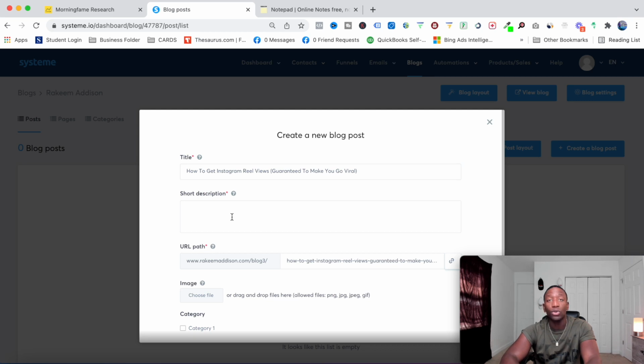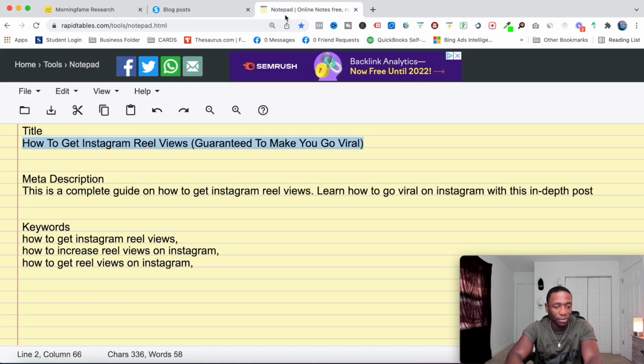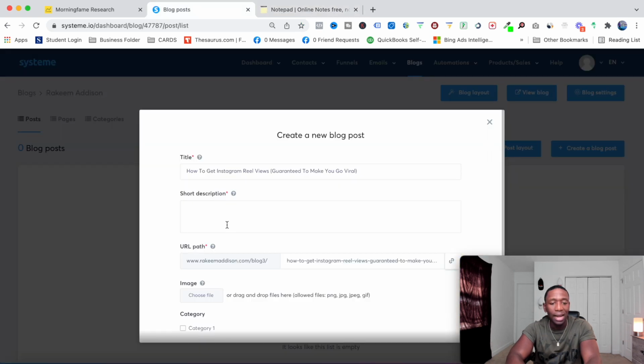And then the short description, this is going to be what we call a meta description in SEO. I won't get too technical on you, but a meta description is just simply what people are going to see. Well, sometimes, because Google shows different things, but sometimes they'll see this exact meta description. That's going to be the thing that actually makes them click, all right? All right, so now let's go back over here. Let's grab the meta description that we created for that keyword. And then now what we're gonna do is we're gonna put our short description right there.